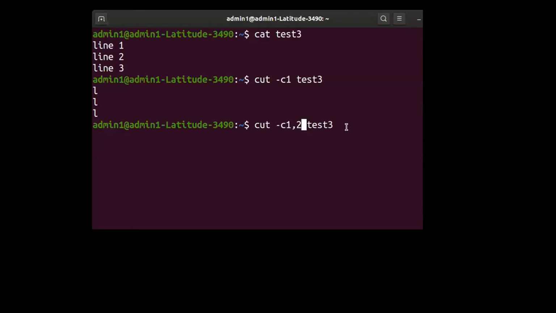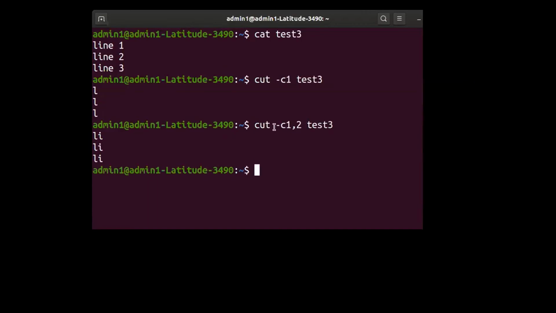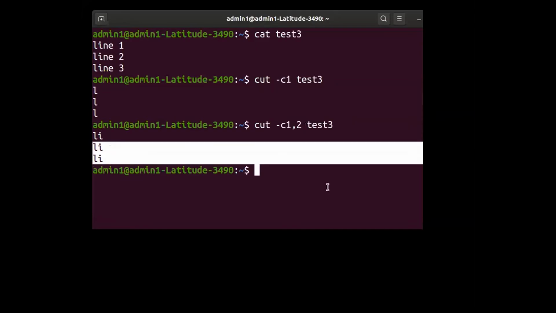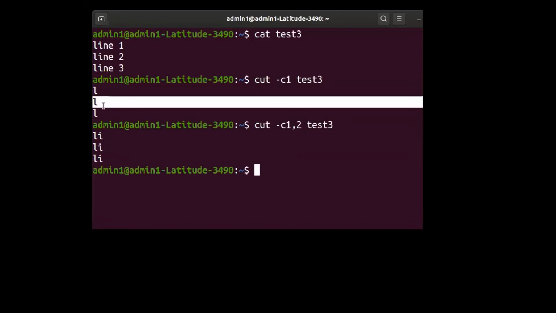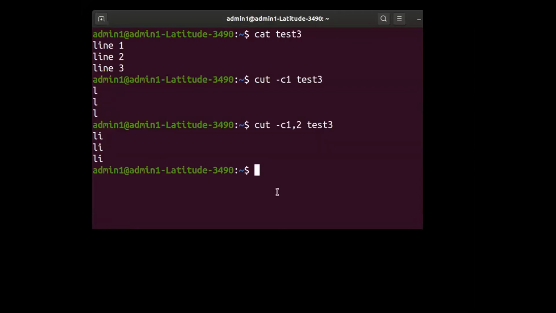Now I'll press the enter key and see the output. I'll get "li". Now, when you look at the output generated by this one, "li", tell me one thing. What is it that you are going to get from these types of outputs, L and Li? It does not make any meaning. Am I right? It does not make any meaning.